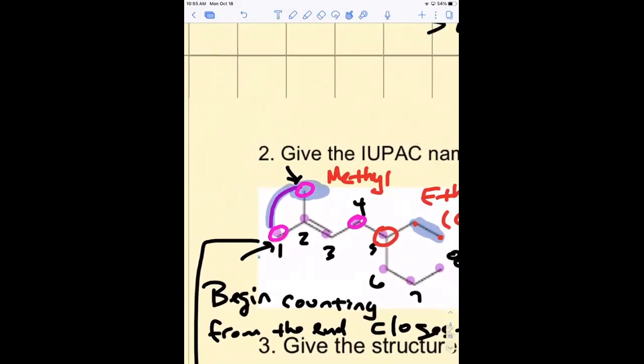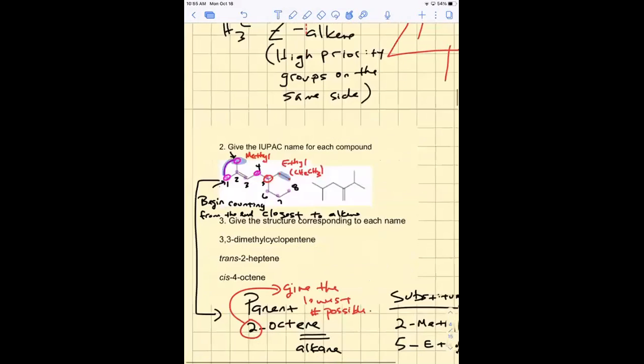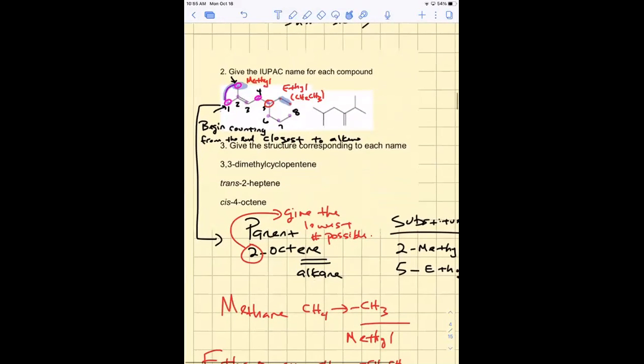All right, we got to stop. We're 5 minutes over. We'll pick this up on Wednesday. We'll do a couple more nomenclature examples, and then we'll do index of hydrogen deficiency or degrees of unsaturation. And then we're going to jump into these reactions. We'll probably start doing the reactions on Friday, maybe Wednesday, because I don't want to spend a lot of time on nomenclature because it's boring and it's taking away from the more exciting stuff. Not saying it's not